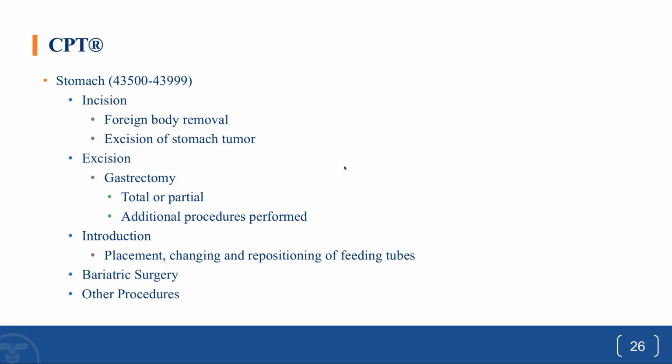And if it is performed with another procedure, in the chat box, please tell me what modifier we would use. In the chat box, what modifier would we use? So remember, if it's something that is not normally performed with another procedure,